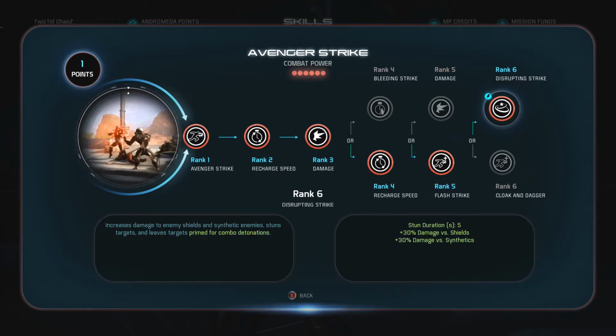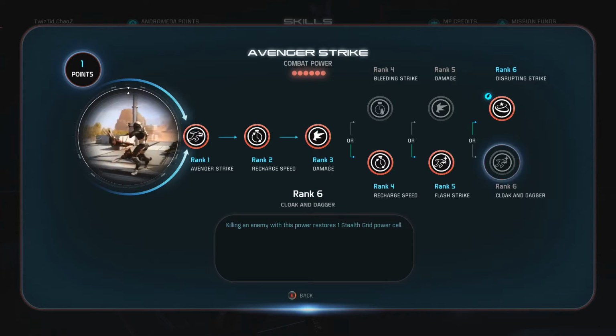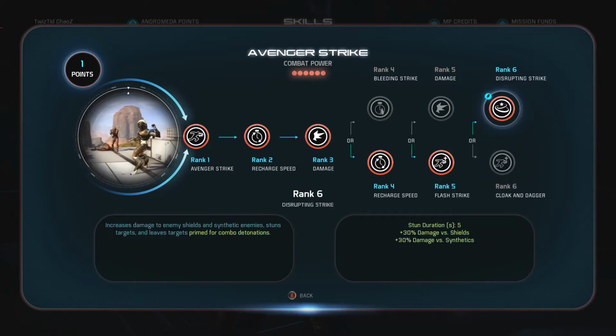So that's why at rank 6 you're going to want to go for the Disrupting Strike over the Cloak and Dagger. Again, because you're not going for stealth grid, so you don't need the power cells anyway. And I feel this is kind of just completely useless, because you can always go for the box and get more power cells anyway. So you want to go for the Disrupting Strike. Oh, can't say that word, I don't know why. But you want to go for the